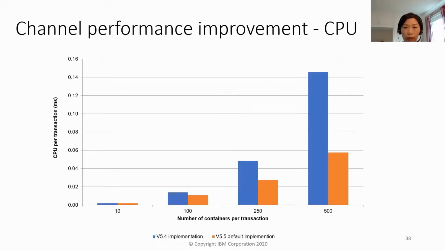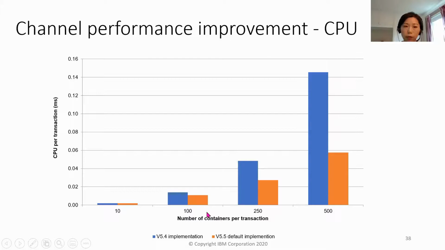So we looked at the performance around the CPU per transaction. If the transaction has a very small number of containers, here it is 10, then the performance is very similar comparing the before and the after. If your application has like 100 containers, then we started to see the improvement of CPU using the performance,